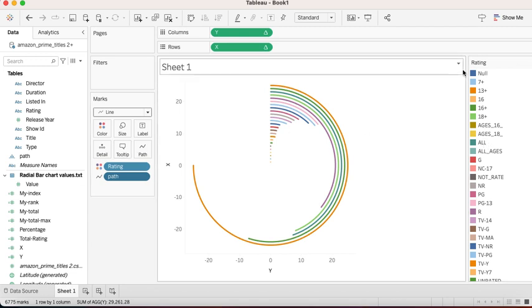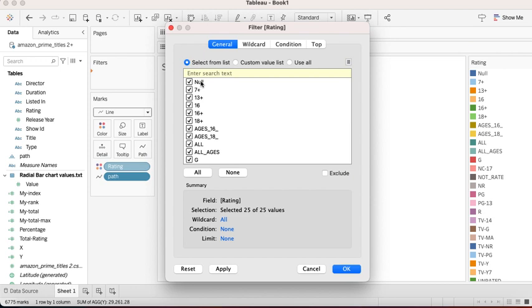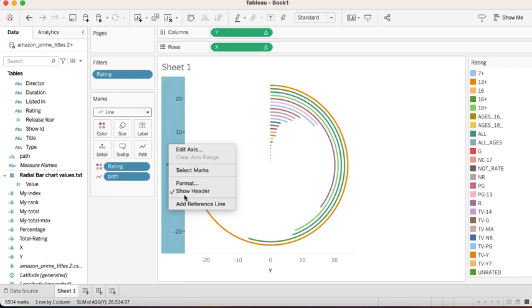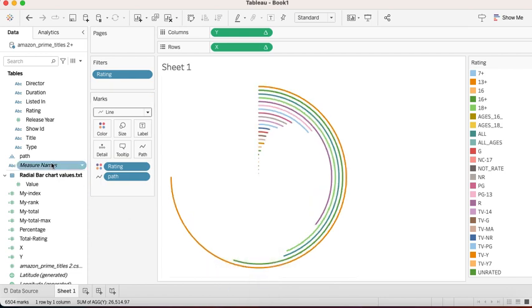So now we have so many null values, so we will remove the null values by putting the rating into filter, grab control and put the rating, and you remove the null, click apply. Okay, now we will remove the header. After that we will put the label, put the rating into the label,